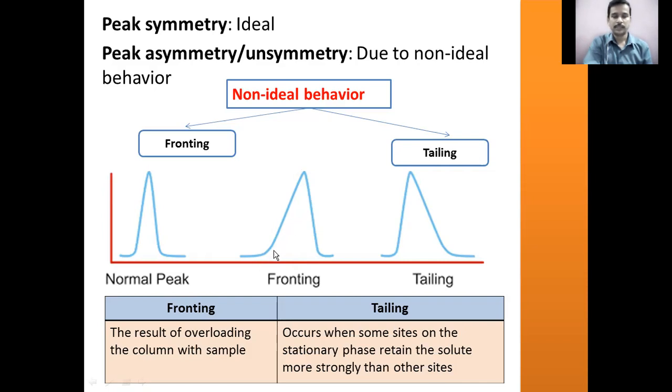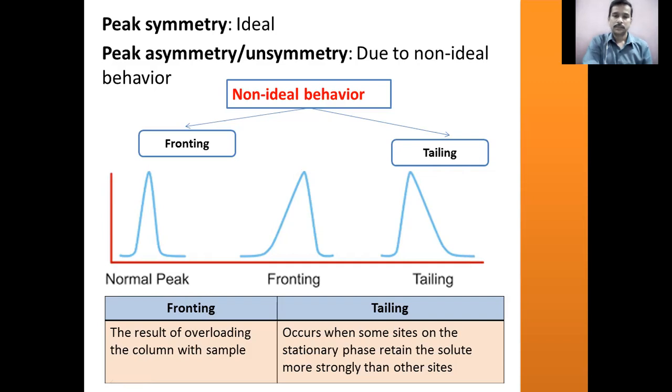Fronting is nothing but, in a chromatographic peak, a tail seen at the beginning of the chromatographic peak. That is known as fronting, and this fronting is due to overloading of the column. And similarly, if you look at this, there is a tail at the end of the chromatographic peak, and this is due to